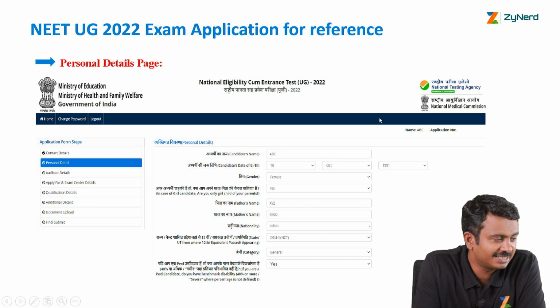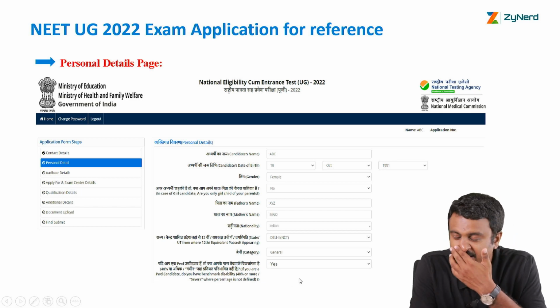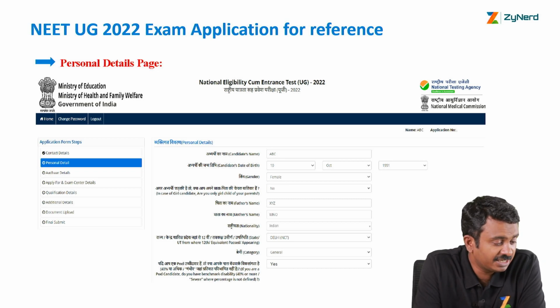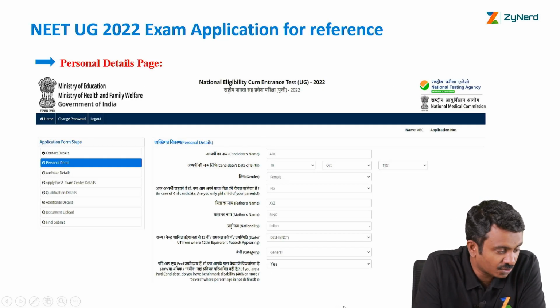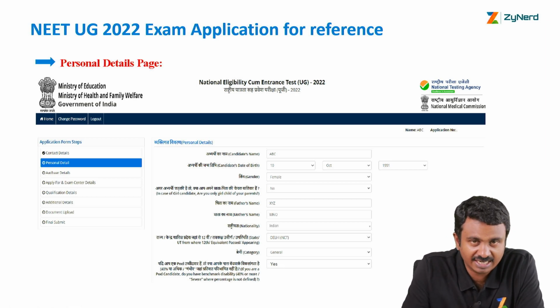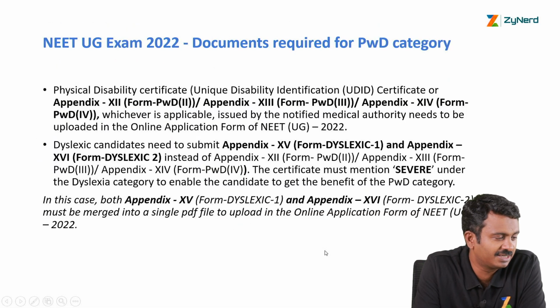Where will you apply? Under the NEET UG 2022 application form, personal details page, there was a clause which said, do you have a benchmark disability of 40% or more, or severe where percentage is not defined. We'll come to the part where percentage is not defined. Here you will have to select yes. This was last year. This year we will come to know once this year's information brochure is released. If you select no here, you will not be eligible for PwD later in the All India Counselling. So select yes if you are eligible. Check the criteria clearly and select yes. The entire criteria is available in these links. The links will also be available in the description.